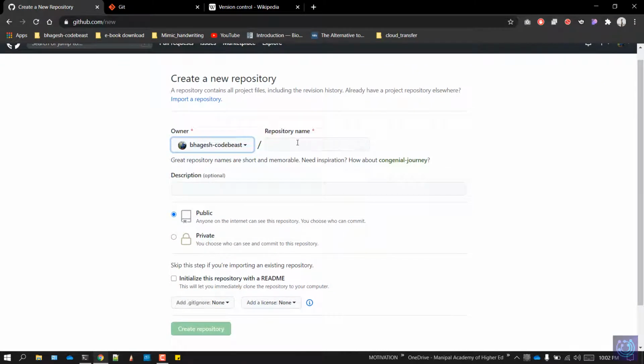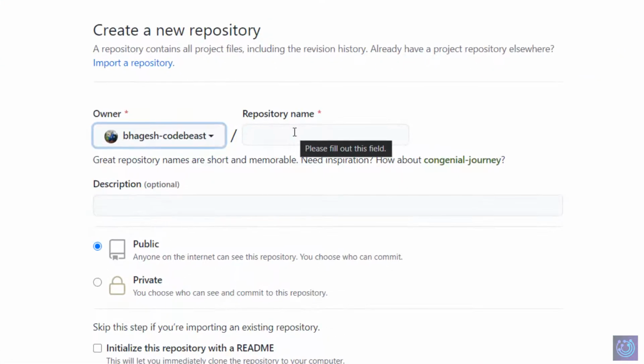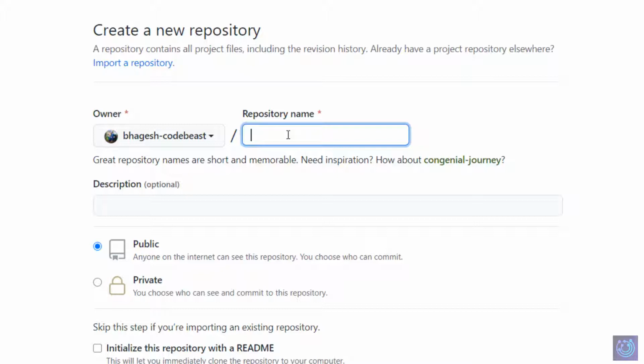Here you'll get to choose the name of the repository. Make sure to keep it as specific to your project or documents or whatever script you're writing. I have made a script which uses Python's pandas module to sort some data. So I'll be naming it Python pandas. It's showing me that it's available.